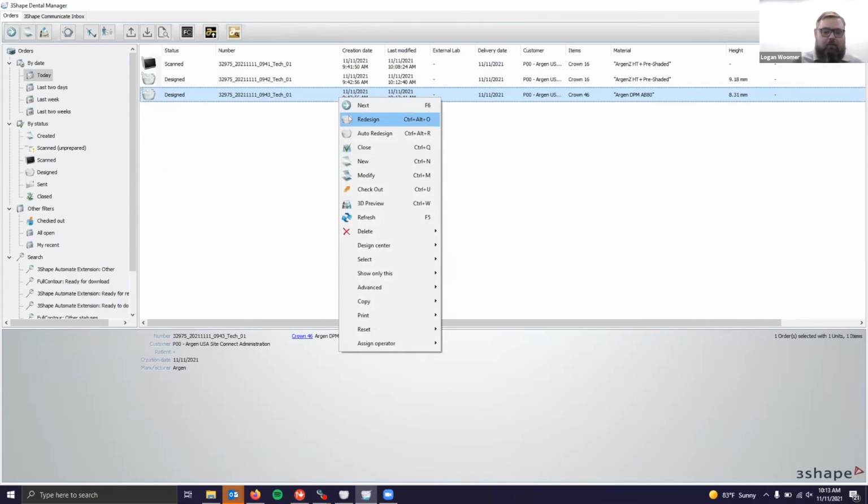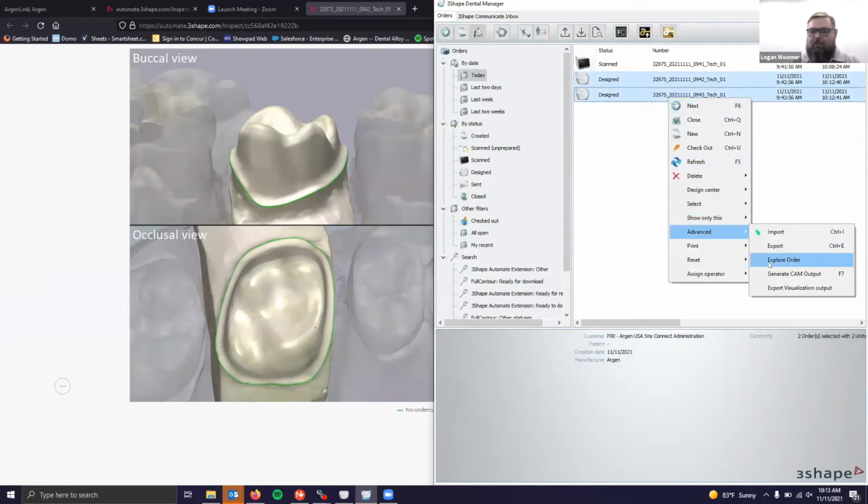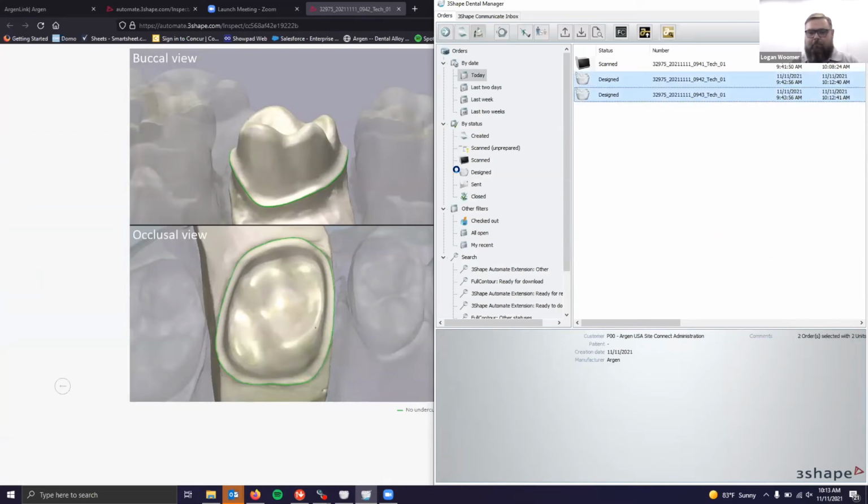And submitting your case is just as easy as it's ever been when working with Argen. If you are sending this to us for manufacturing, you've got a couple of options. You can highlight both orders, right-click, go down to Advanced, and say Generate CAM Output. And then you're going to locate your CAM output file, which once it's done generating CAM output, we will move